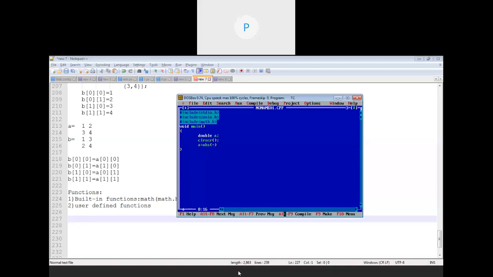So if I'm printing the absolute of minus 15, what is the purpose of this absolute function? The absolute function is mainly used to find out the absolute value of a given number. So here, in case of absolute of minus 15, it must return the value as 15. Because according to the maths concept, the absolute value of minus x is nothing but x. So here the absolute of minus 15 is 15.